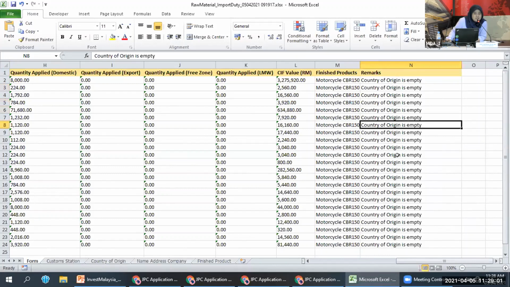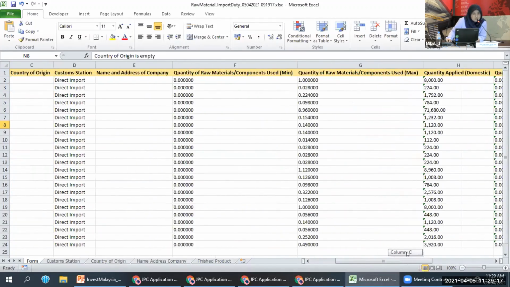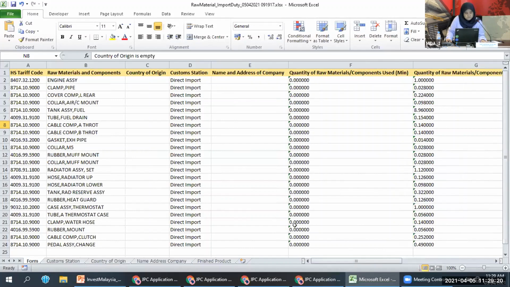So we specify in detail the error that caused the Excel upload to fail, and you can refer to the remark column to help you with the error. Okay, so this is on the Excel.